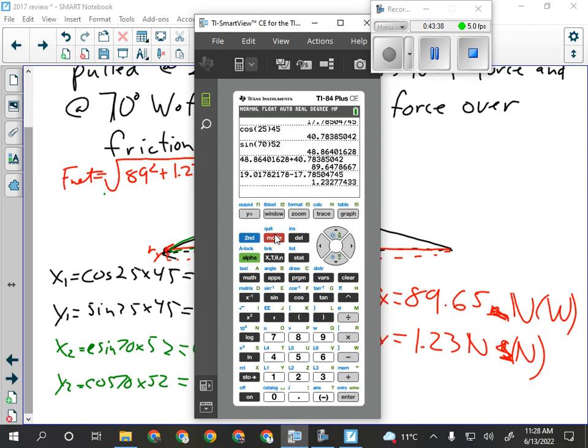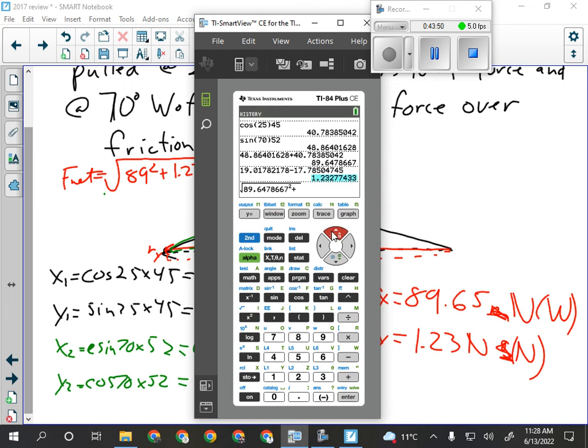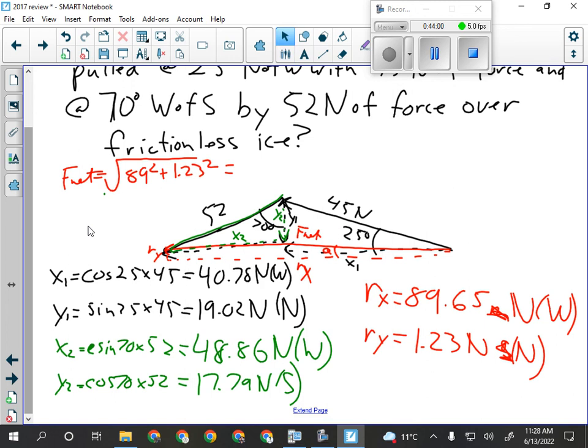Real lifesaver. Okay, so I want a square root sign. There we go. And I want to take this squared and add it to that squared. So yeah, it changes it just ever so slightly to like 90. Sweet, okay. So we got 90 newtons